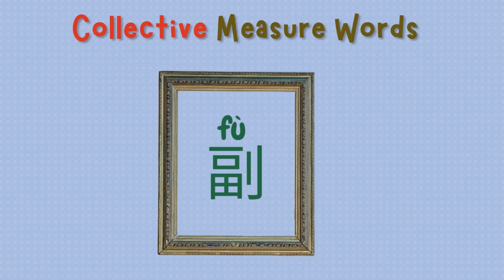The collective measure word 副 is primarily used to describe a pair or set of things. It is commonly used for pairs of objects, especially clothing and accessories. It's worth noting that 副 is a more formal measure word and is usually reserved for use in written Chinese or formal speech. In everyday conversation, people may use more colloquial measure words, such as 对 or 双 to describe pairs of objects. We will introduce the usage of 双 or 对 in a moment.